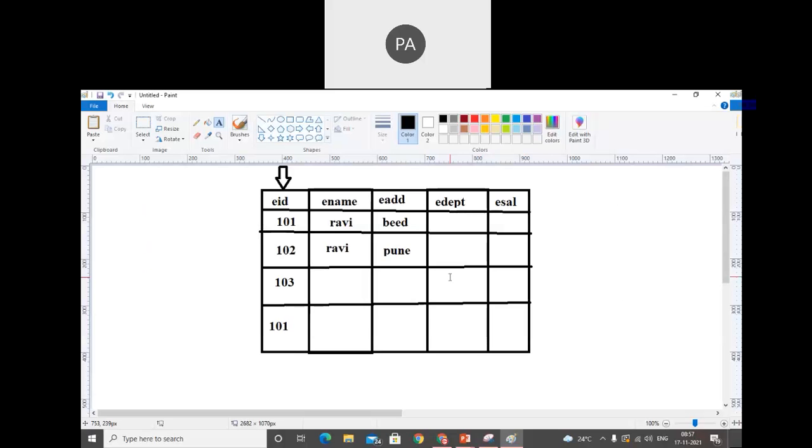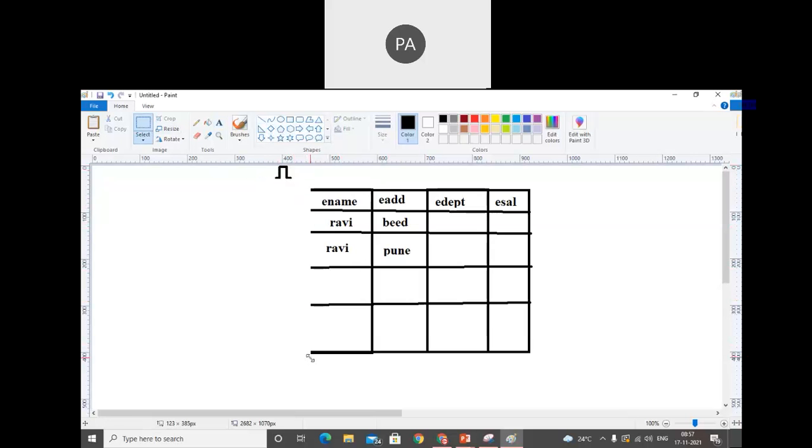So consider an example, where we have employee ID, employee name, employee address. In that case we have EID as a primary key. But it can also happen in future that I do not have EID. Assume that this column is not available. Right now I just have four columns: employee name, employee address, employee department, employee salary. In that case there is a chance of duplicate data. And which attribute can we mention as a primary key? We cannot mention any one of these four attributes as a primary key.